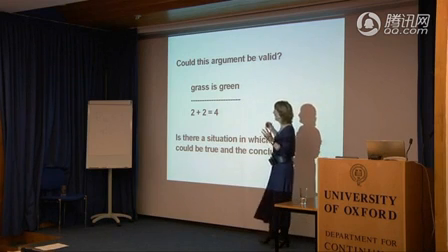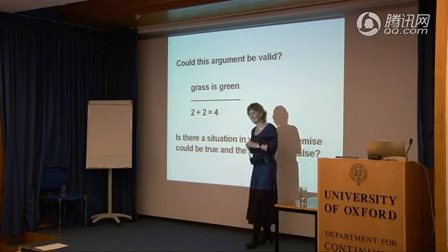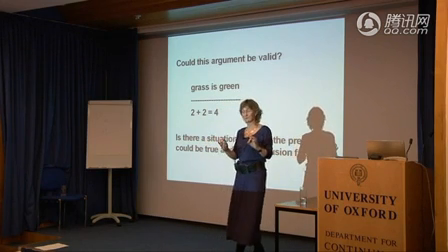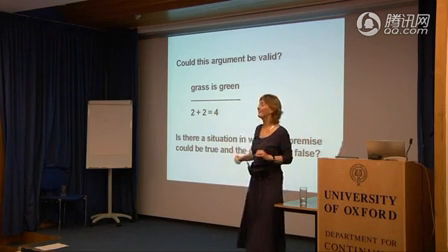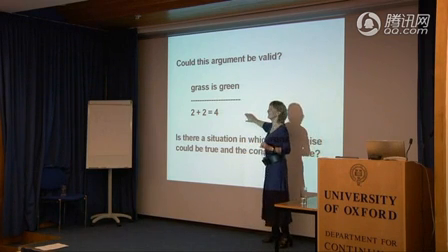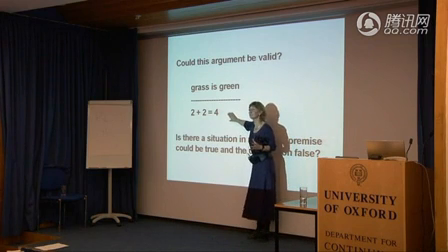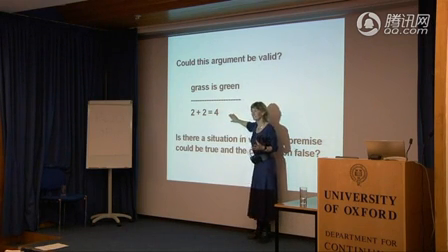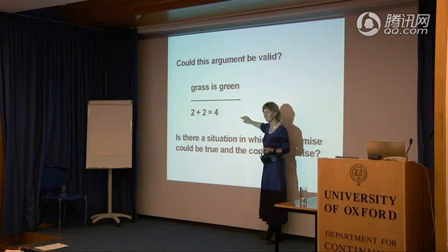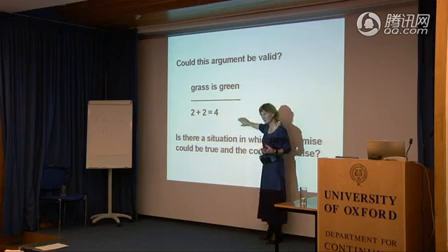Okay, now why is it valid? Would anyone like to give me a crisp and clear account of why it's valid, or should I do it? Would you like to have a go? There's no possibility where the conclusion would be false, because 2 and 2 are always going to be 4. That's right. This can't possibly be false, can it? So there's no possible situation in which the conclusion is false. So how could there be a possible situation in which the premise is true and the conclusion false?